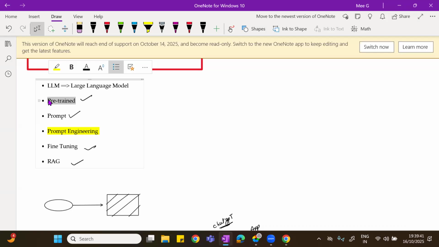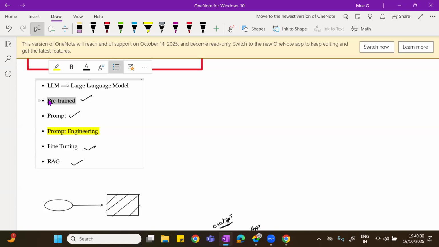This is called RAG. This is an alternate method to fine tuning, because of which nowadays smaller companies are not going with fine tuning. They prefer to go with the RAG system. That is the advantage of RAG.